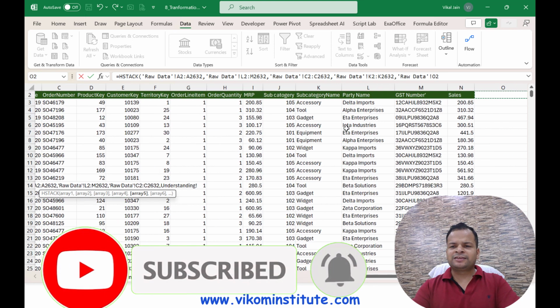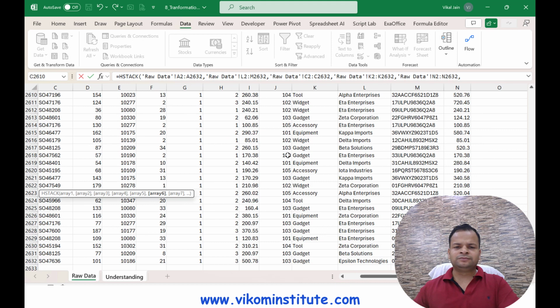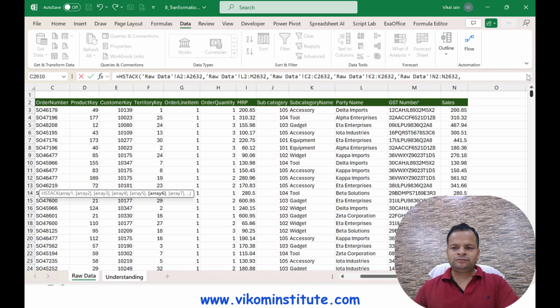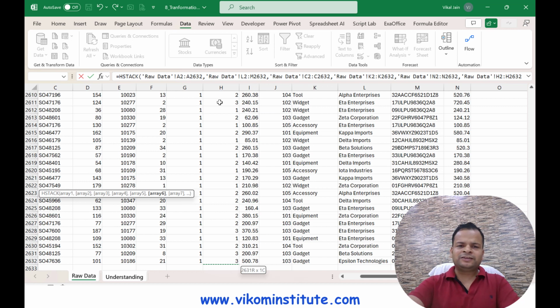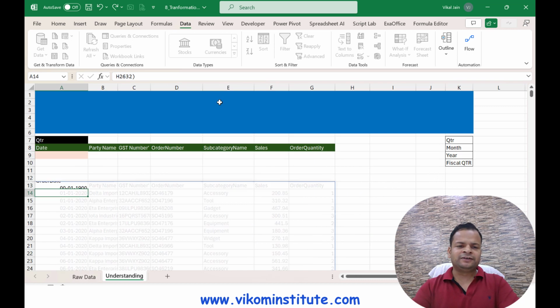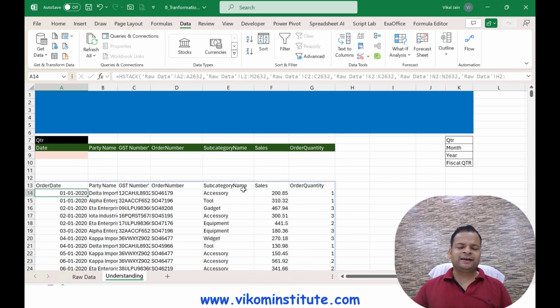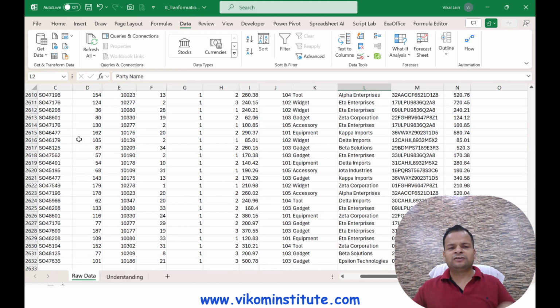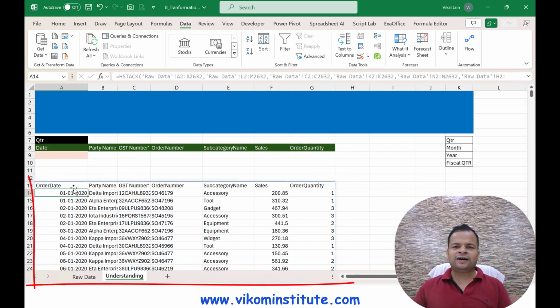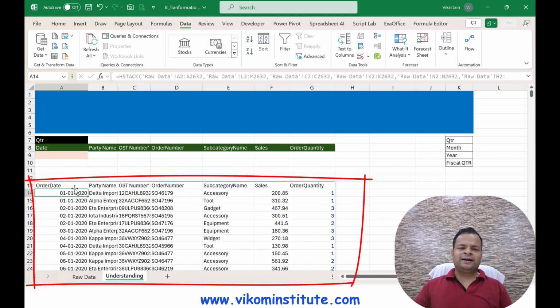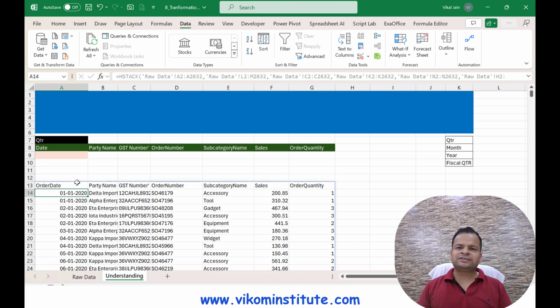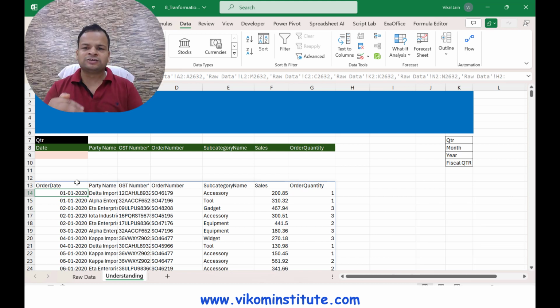Now here is my sales, comma, and the last one is order quantity. Now close the parentheses and enter, and you will see my data has been rearranged. Now software will always send the report in this format. My HSTACK is going to build this data automatically, and since I'm using Office 365, it will automatically update even the number of rows.